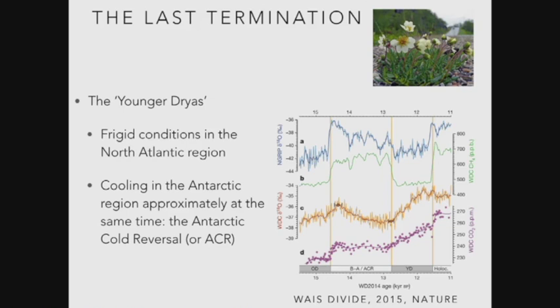This is the Greenland record in blue at the top. This is from the WAIS Divide record. And what you appear to have, based on those gas links with Antarctica, is warming in the southern hemisphere based on Antarctica. So you appear to have this cooling in the north, warming in the south. And the cooling in the south is called the Antarctic Cold Reversal. So that fits quite well. It looks like that's consistent with the idea that the North Atlantic shuts down, possibly because of a fresh water pulse in the North Atlantic, shuts down deep water formation in the North Atlantic, and then it warms in the southern hemisphere, and arguably almost synchronously.